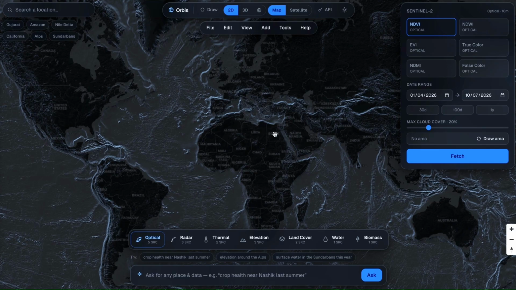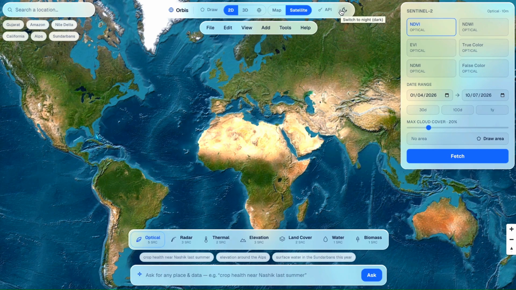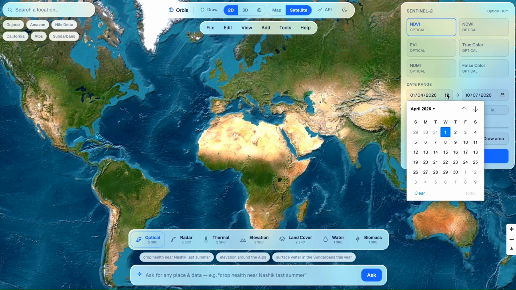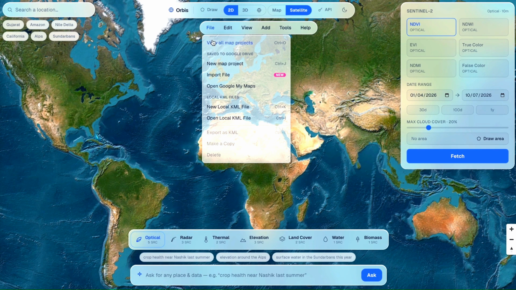The eyes of the platform, optical and radar imagery. Behind the view sits Sentinel 2. With one request, Meru gives you the indices that matter: NDVI, NDWI, EVI, and full true color. Just describe what you want. Meru auto-adjusts the data range to your prompt, and dials in the cloud cover the same way. No sliders, no guesswork. When you're ready, one fetch button pulls the product straight to you.